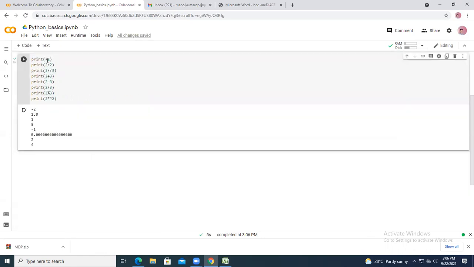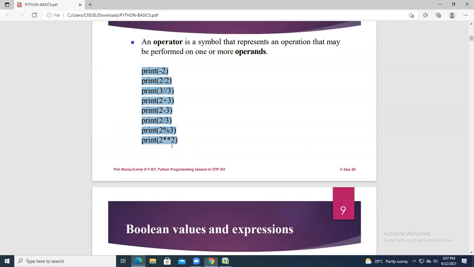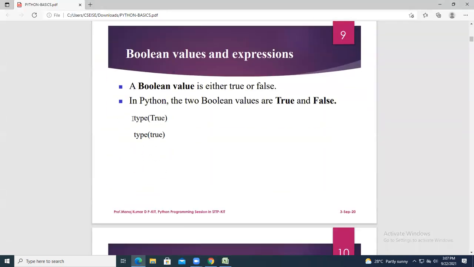If you give -2, it will be -2. 2 by 2 gives 1.0, and 3//3 gives 1. So 2 by 2 shows you an integer as floating. If you give 3//3, you will get an integer. 2 power 2, this is power 2, that will give you 4. Like this, you work on all the things.